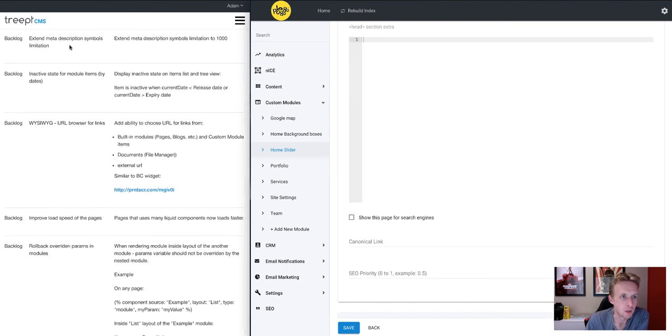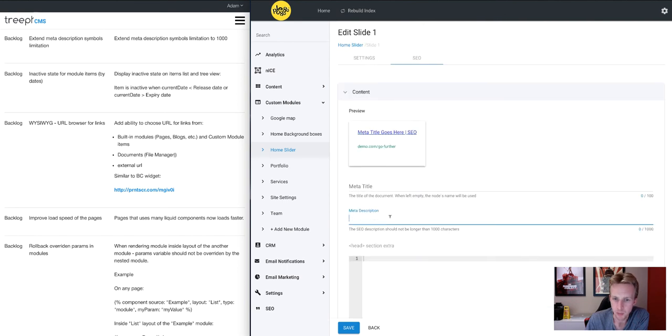Extend meta description symbols limitation. So again, in the SEO section, in the description box, we now have a limit of 1,000. So yeah, my original thoughts on when this was implemented,